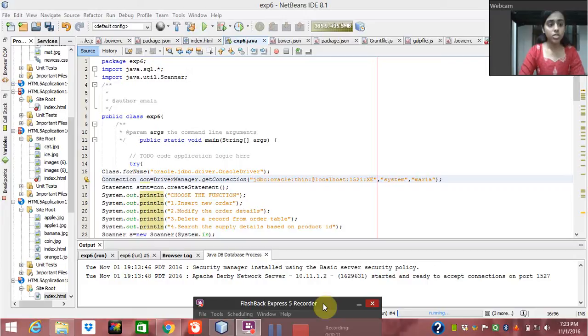Today I'm going to explain my database lab exercise 9, that is JDBC connection. So initially we need to have a jar file which we will download here from the projects into the